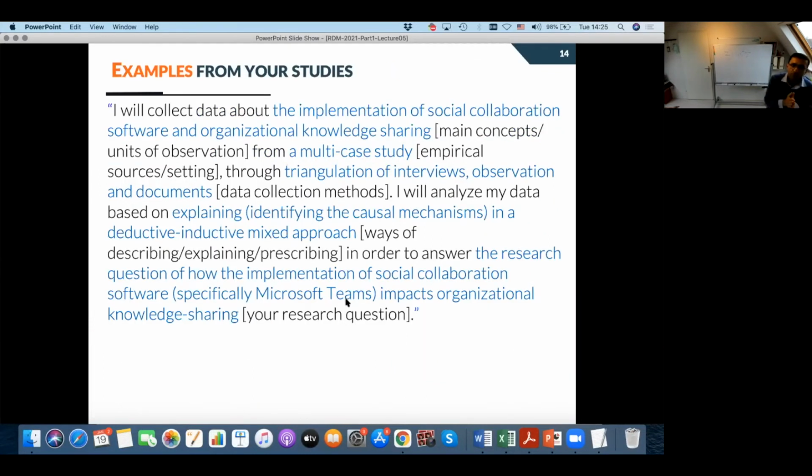One more example. Let's first look at the idea, the research question, which I think, again, is well thought out. At least so far, there are so many interesting thoughts put into that.